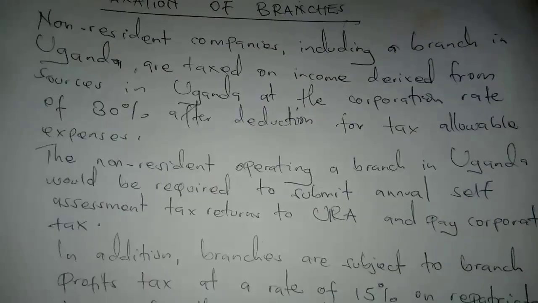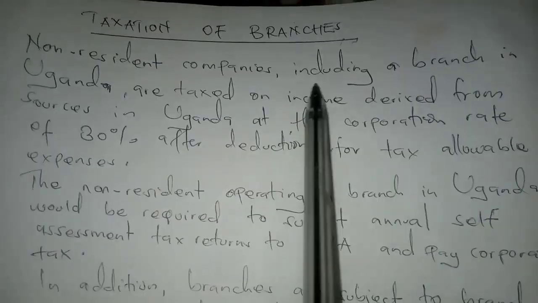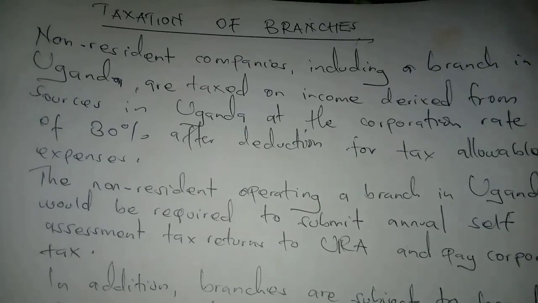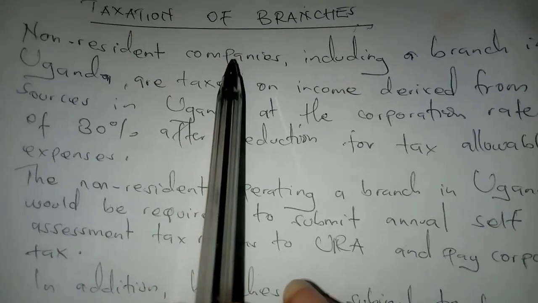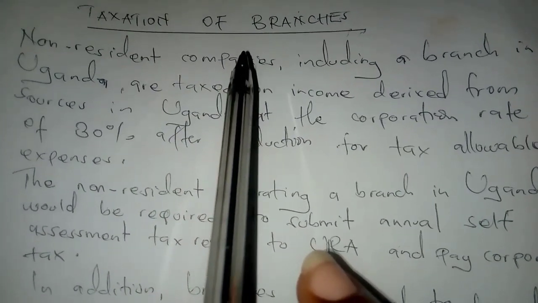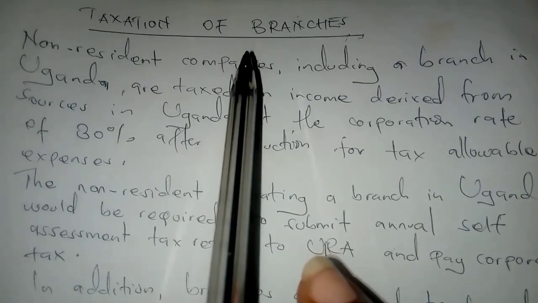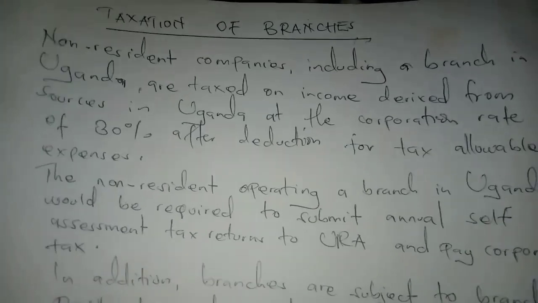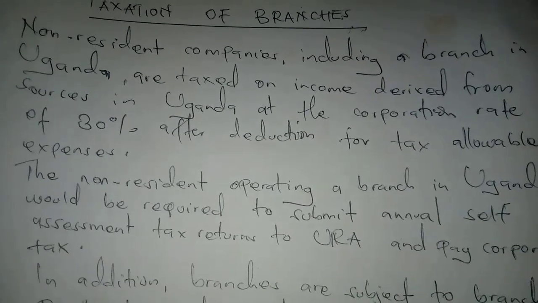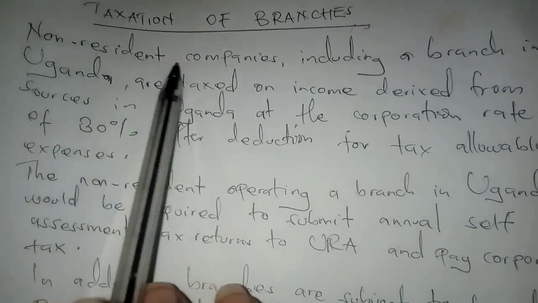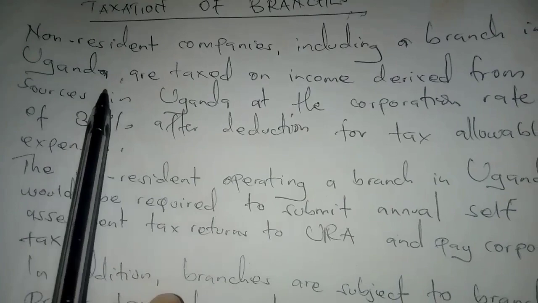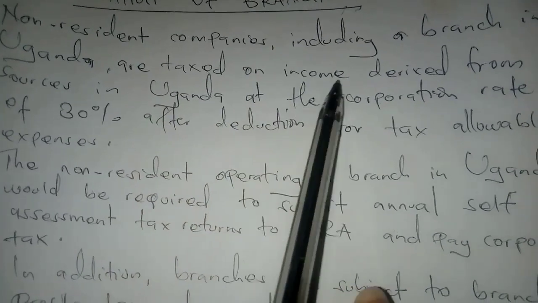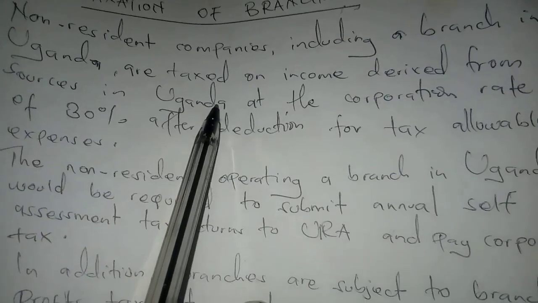In this video, we are going to be looking at taxation for branches. A branch is like another part of the company that is somewhere else. Non-resident companies, including a branch in Uganda, are taxed on income derived from sources in Uganda at